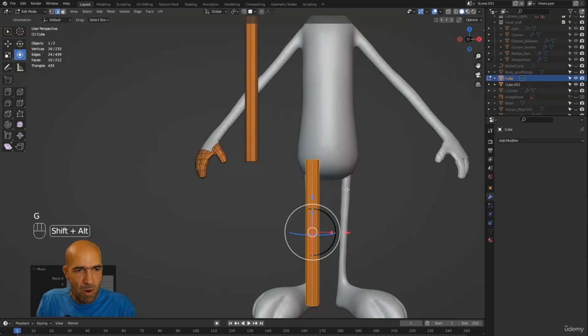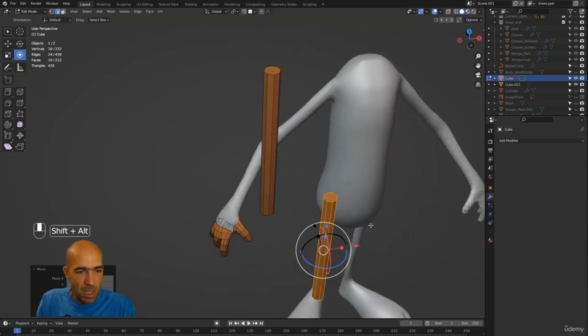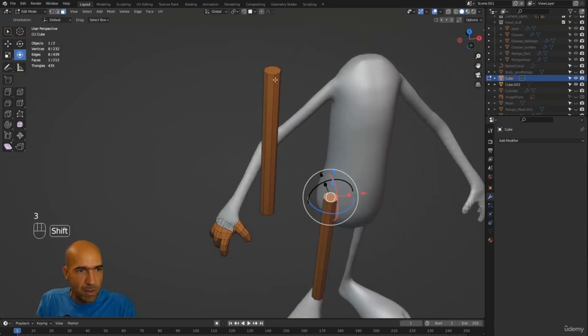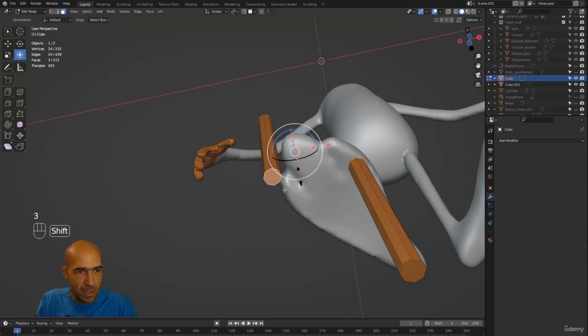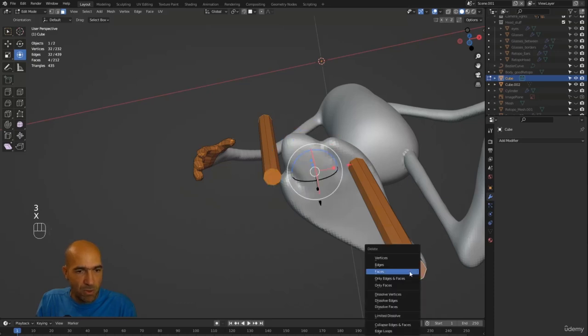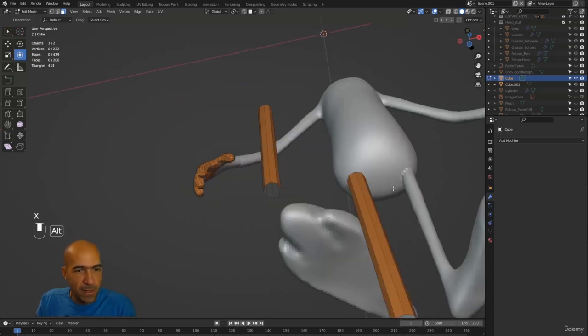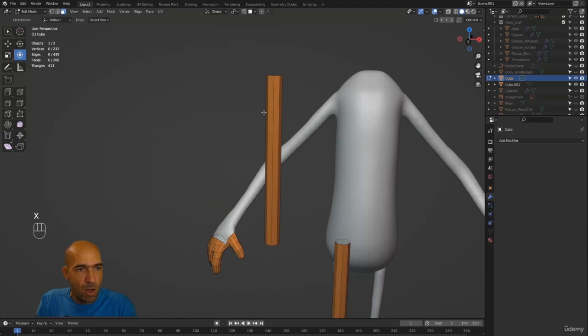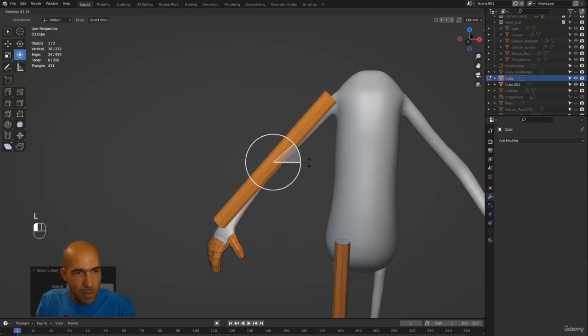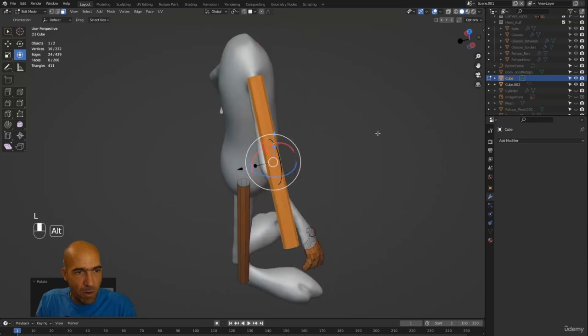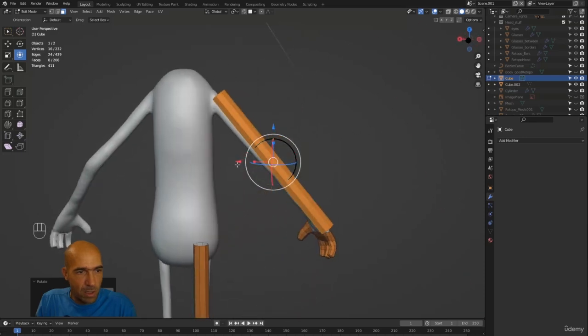I will position it around there, then we'll fix it, and I will go to 3 to my faces, and I will select with Shift those faces, press X, and delete them because I don't need them. Now for this one I'll press L over it and then start positioning it around the arm,